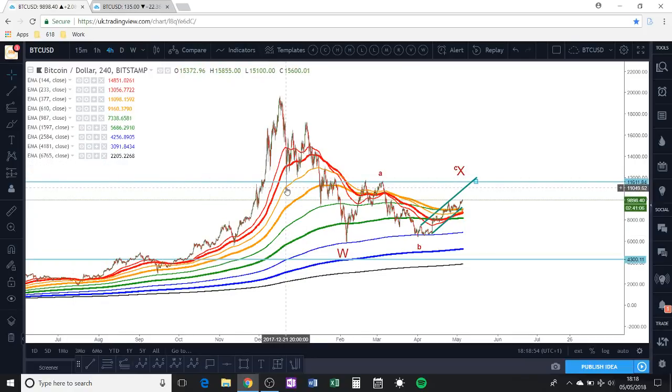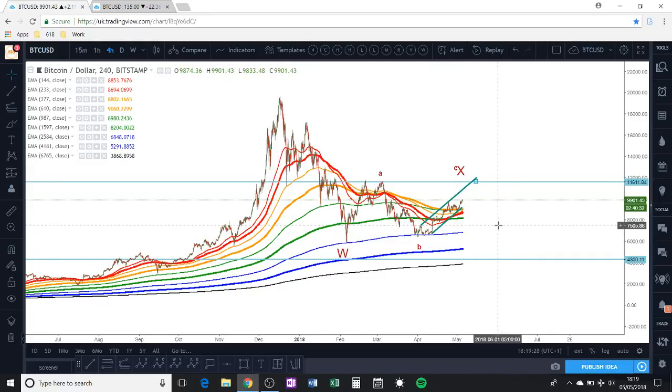You can see these values get hit. Here it got hit, here it got hit, here it got hit, and found excellent support here, which I think is very significant. It's going to take a lot of energy for this thin blue line, which is the 2584 EMA, to get broken. So we may see it get retested. As time goes on, this thin blue line is going to rise as we lose the early candlesticks from it.